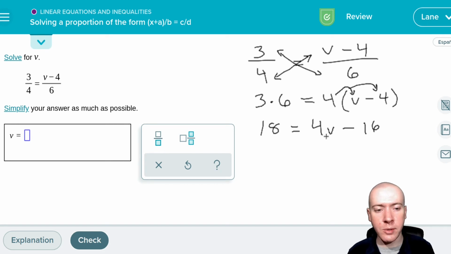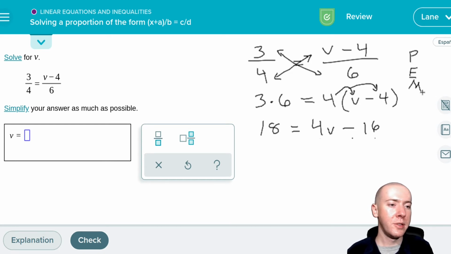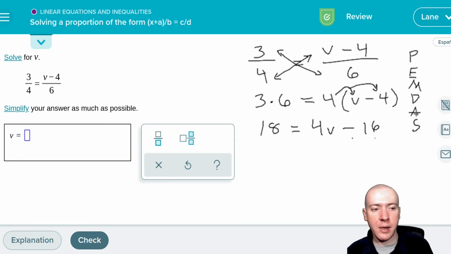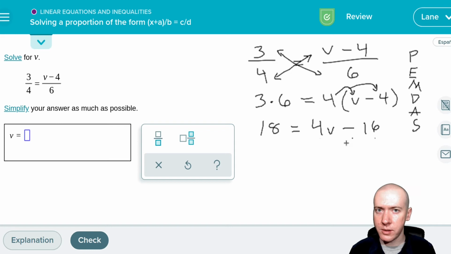So our goal is going to be to leave the v alone. We need to deal with the 4 and the minus 16 over here. And remember that this is the order of operations, PEMDAS, and that when we are solving an equation, we start with the bottom of PEMDAS, or we start with the S. So is there subtraction in this equation? Yes, right here, the minus 16. What's the opposite of subtraction? Addition. So addition will let us remove the 16. If we add 16 to both sides,